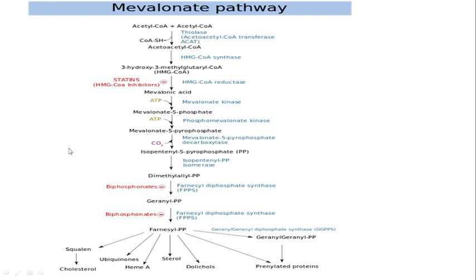So from geranyl pyrophosphate it will produce farnesyl pyrophosphate, and from farnesyl pyrophosphate, now the different types of terpenes are